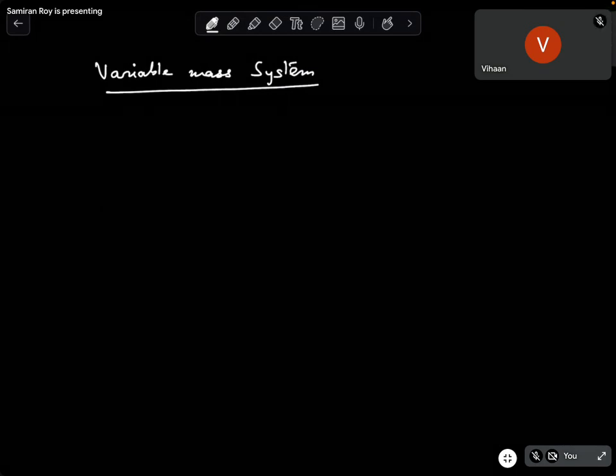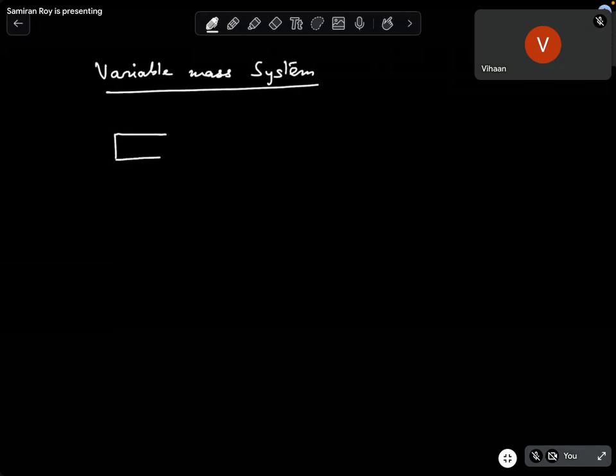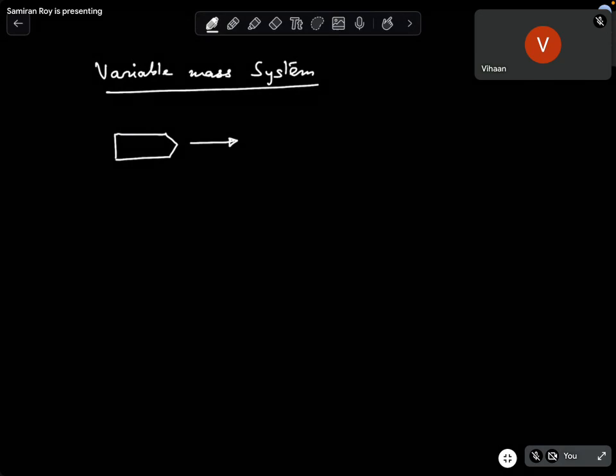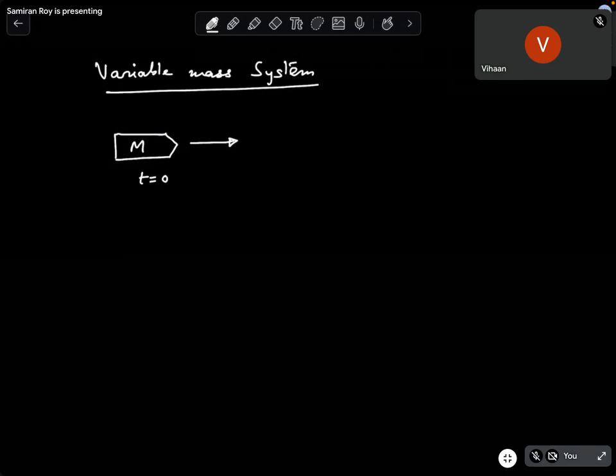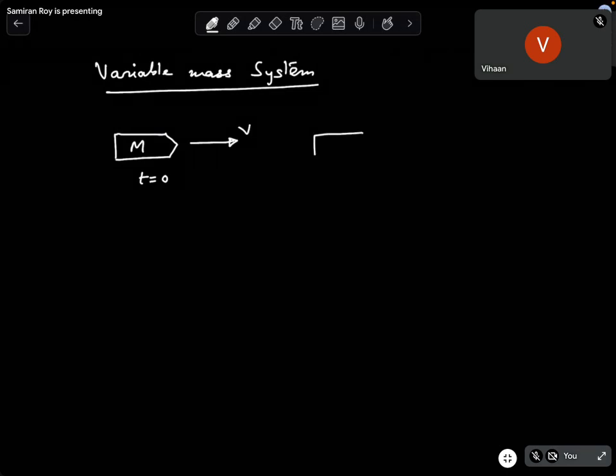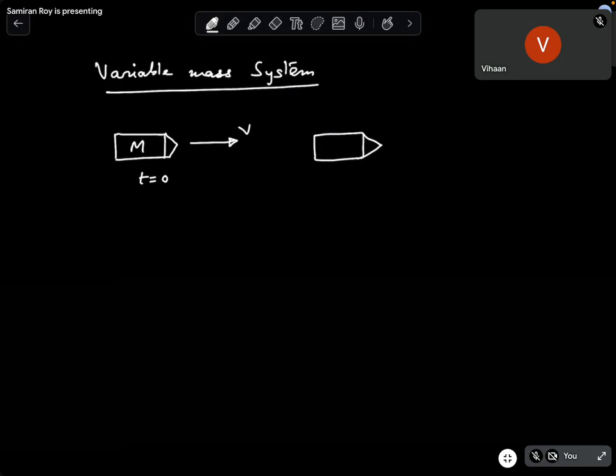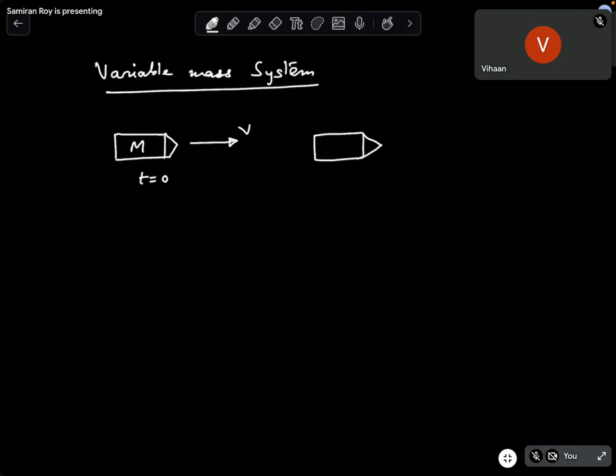Okay. Suppose there's a rocket which is moving with velocity v, and its mass is capital M at t equal to 0. But what is happening after some time when it is moving? It's ejecting some gas also, correct? Because of the exhaust, its mass is also decreasing. So let us consider after some time that